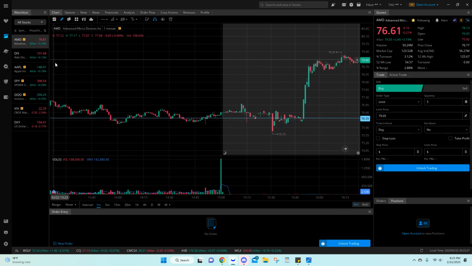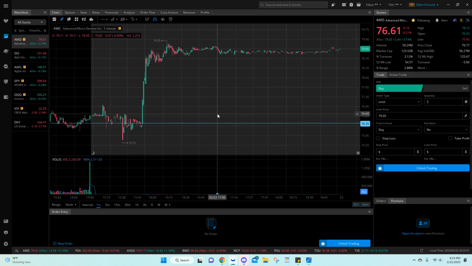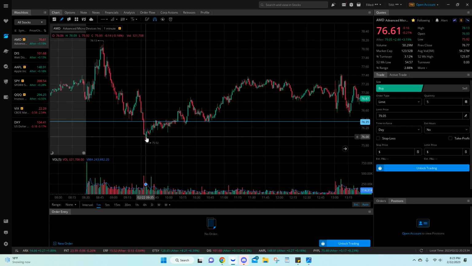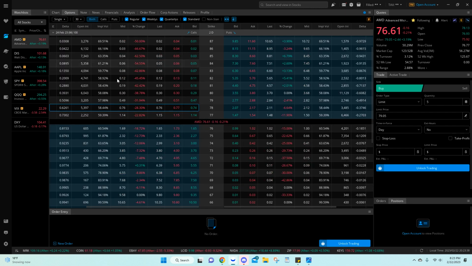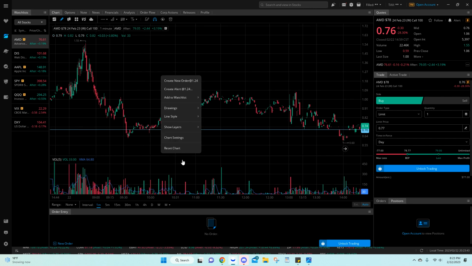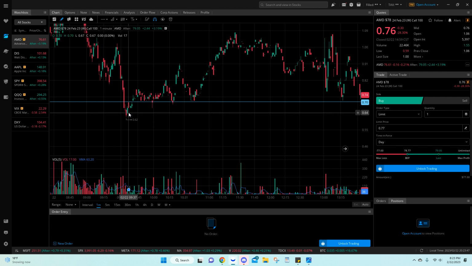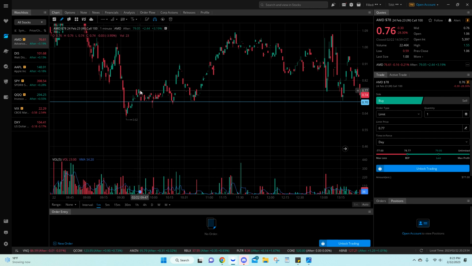So remember the chart here. I'm going to run back to it quick. This was the big breakdown. We're barely chopping up slowly, but look at the contract here. We're barely chopping up slowly, and look at how quick the contract is going up. We go from 70 to 77-ish just from that small move up on AMD. This is the power of